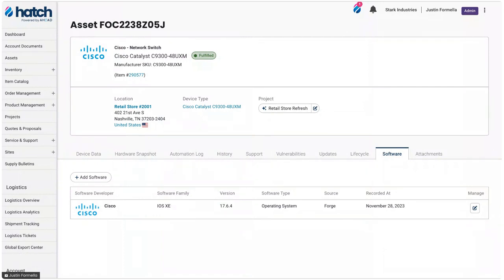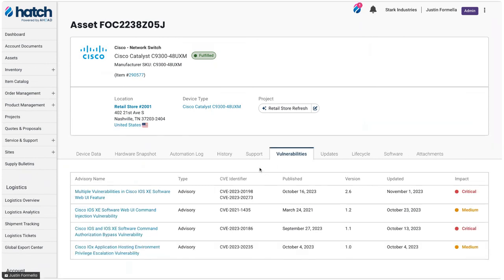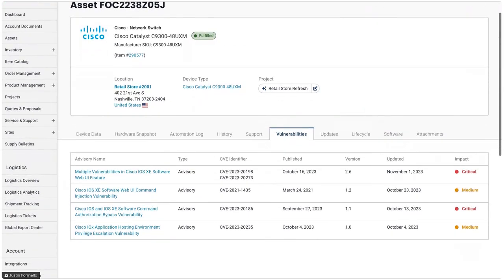And I also think showing the vulnerabilities is another example of what Justin said earlier, which is Hatch is not designed to replace your vulnerability scan tools and other things like that, but it's an additional place to see this data and then see it connected to the rest of your infrastructure.